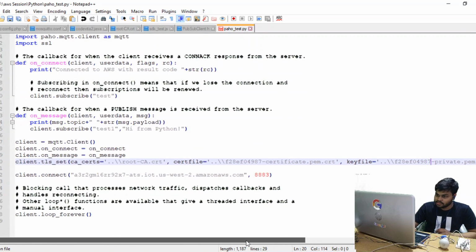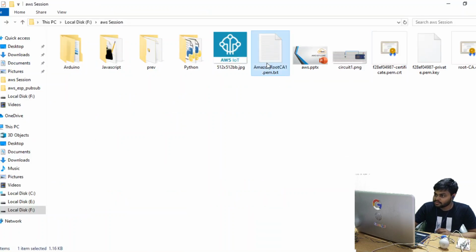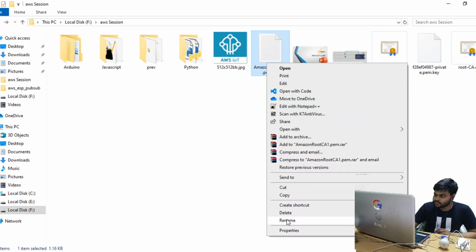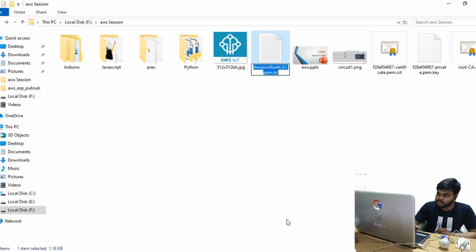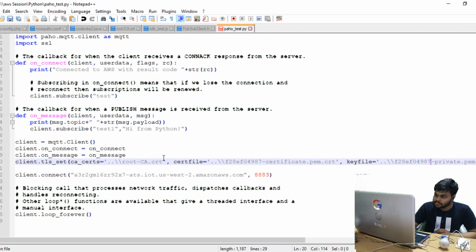So all these things are set properly, and the CA cert. Okay, the CA certificate is this one. Copy it properly and simply paste it in this field and save it, Control S.